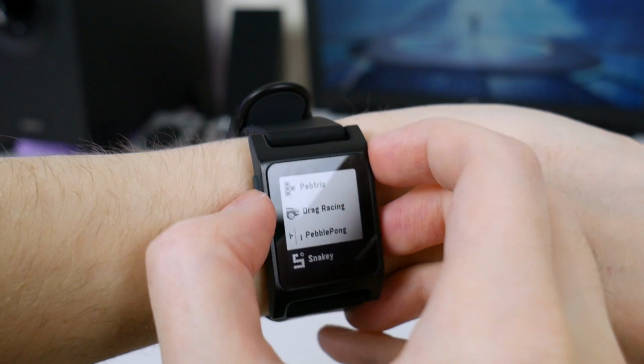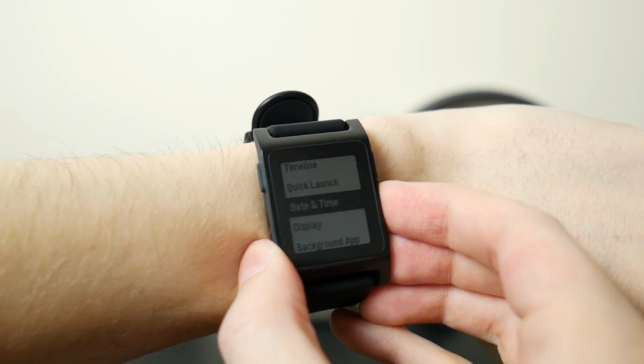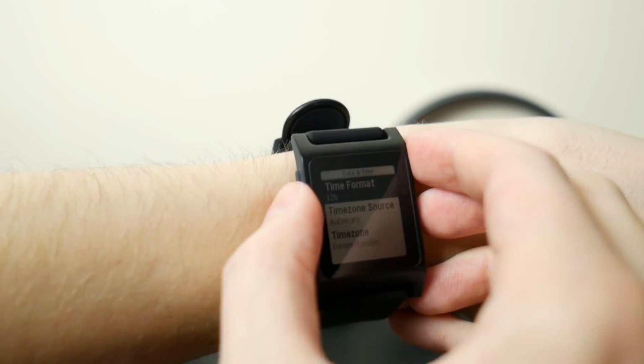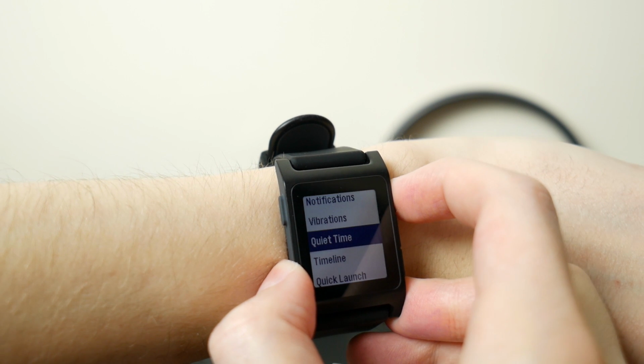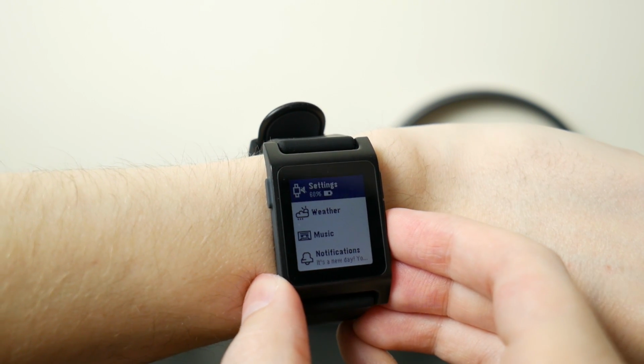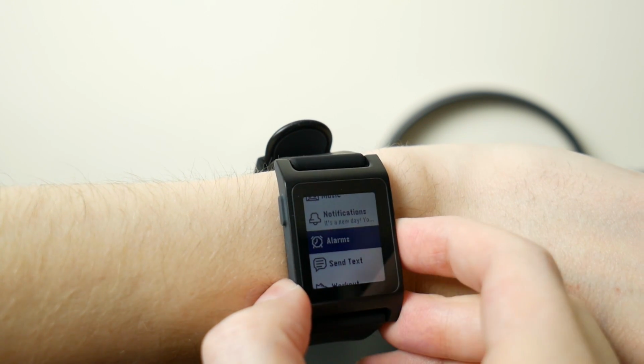But the UI is simple, it's clean, it's basic and it's very easy to navigate. It's just a simple list menu with sub menus inside and it's just really easy and straightforward to navigate. You can't get lost in it, it's just really easy to use. So if you're new to smartwatches then this would be a good one because it's just so easy to use